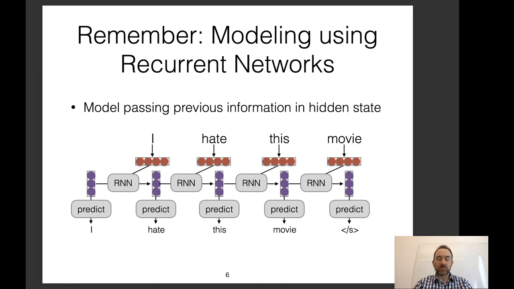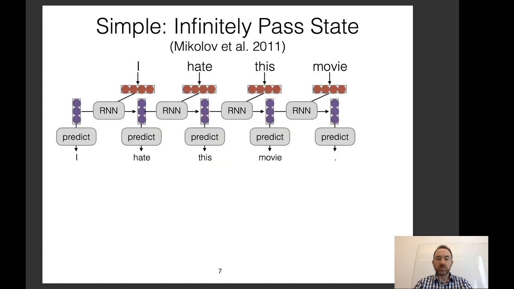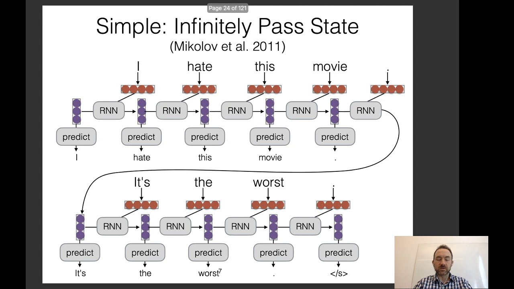So if we think about one of our modeling methods, we can think about recurrent neural networks, or more generally autoregressive models that condition on the previous state. Recurrent neural networks in particular pass information from the previous state to the next state through a hidden vector. A simple way to expand these to document level is to simply continue passing the state from sentence to sentence. One issue with this is that if your documents become too long and your memory is not large enough, you will have issues.